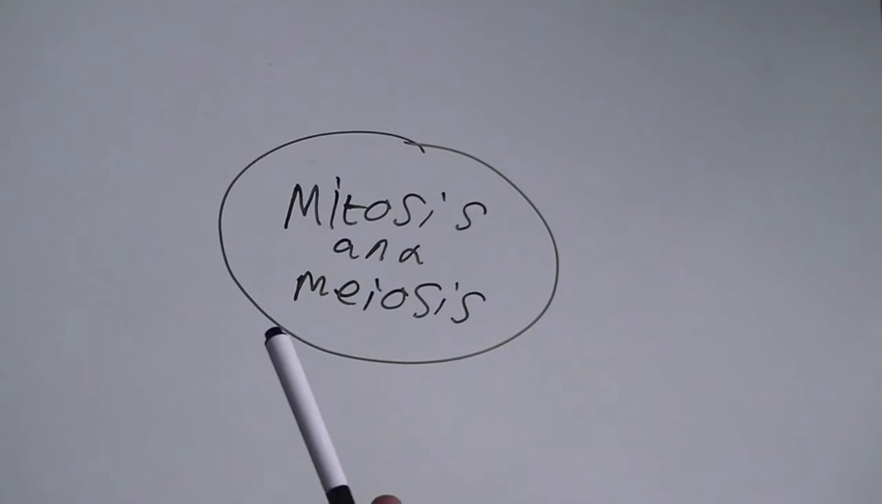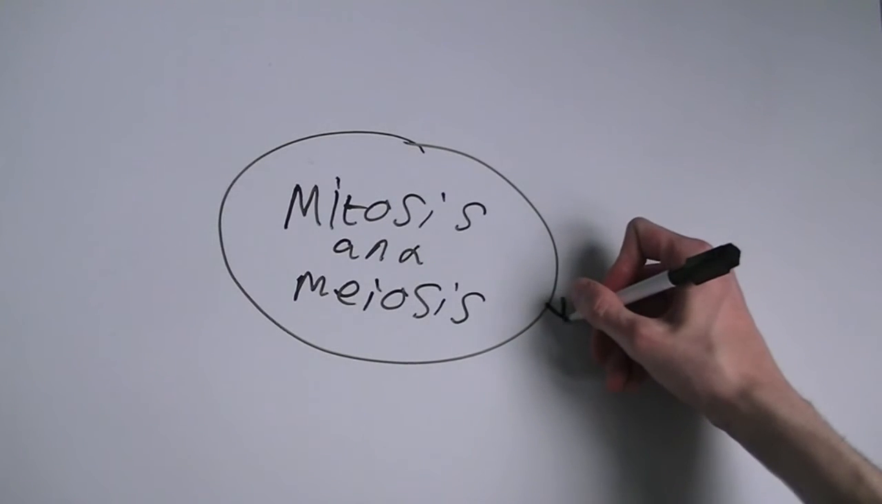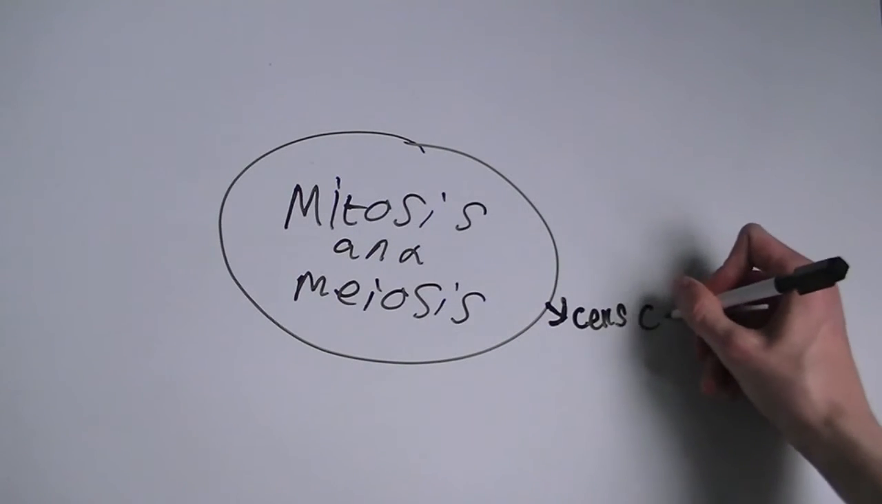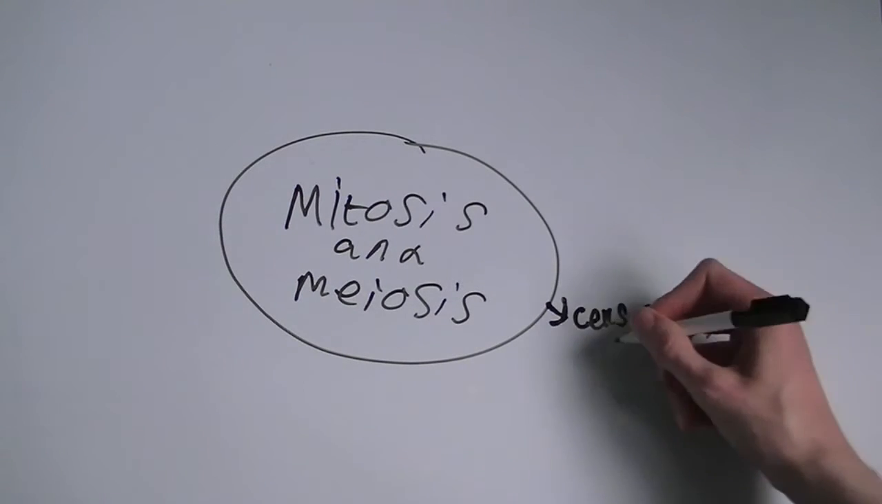So, the first thing you need to ask yourself when knowing the process of mitosis and meiosis is what exactly is mitosis and meiosis? Mitosis and meiosis is effectively cells, or DNA in cells, cloning themselves to make a new cell. So I'll write that down for you. So mitosis and meiosis is cells cloning,